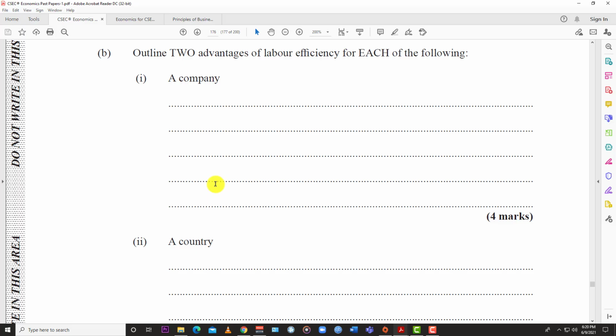First and foremost, efficiency. We're talking about getting things done in a timely manner with as little loss or as little wastage as possible. So 1, cost savings. An efficient workforce would reduce the cost of production because they would not have any wastage really going on, and they would get things done in a quick and timely manner. So right there, cost is reduced. So one advantage of labor efficiency, a reduction in costs.